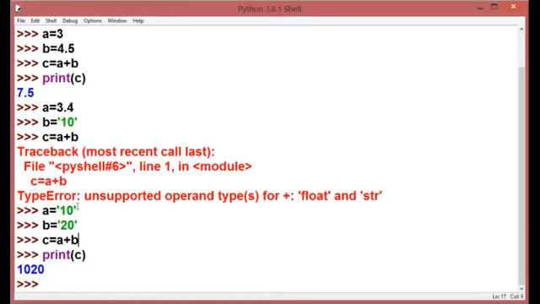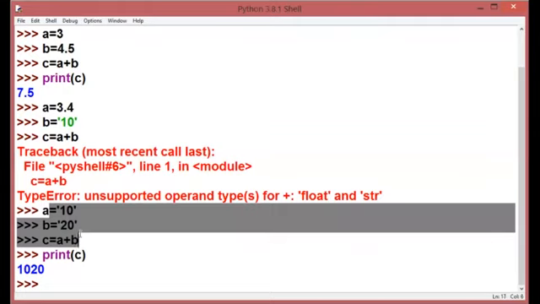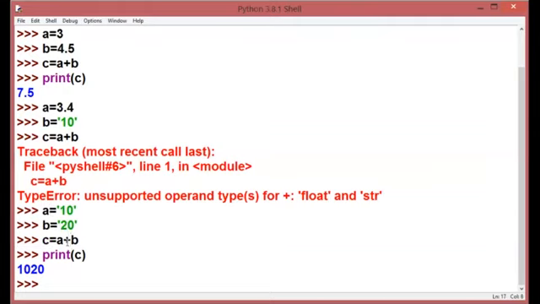So here A is of type string and B is also of type string. If both the values are of type string, I can perform this addition, or I can say this concat operation, right? But if one value is integer and another is string, I cannot perform addition.